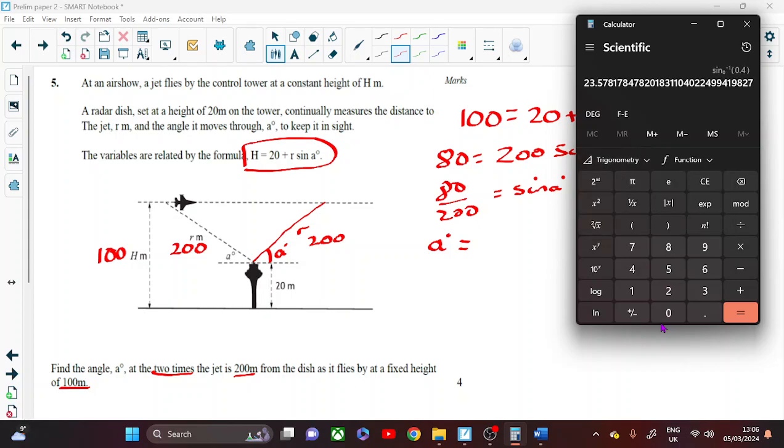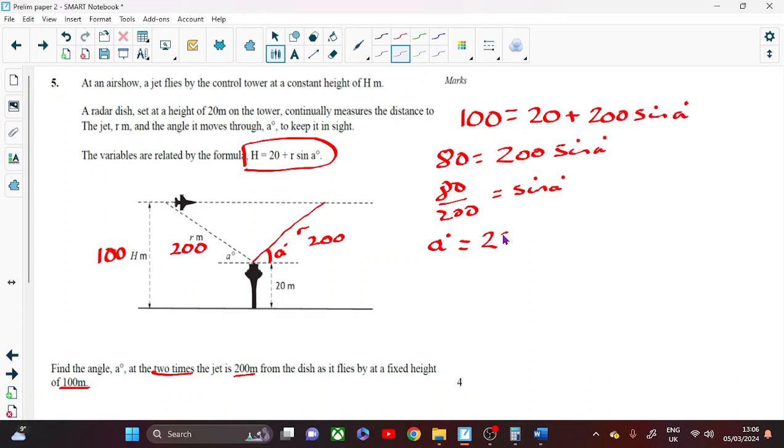So 23.578. I'm going to say 23.578. I'm not going to do the whole thing. 23.578. Okay. Now the other time that it comes in, because we're using sine, you've got to remember your cast